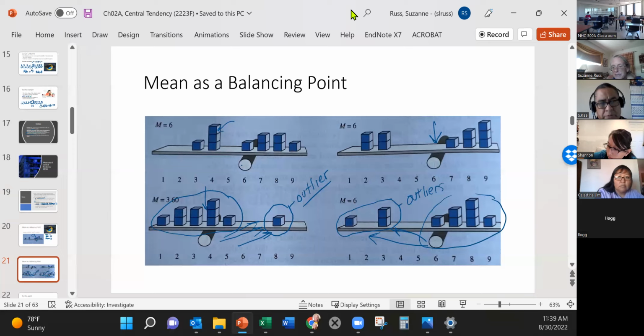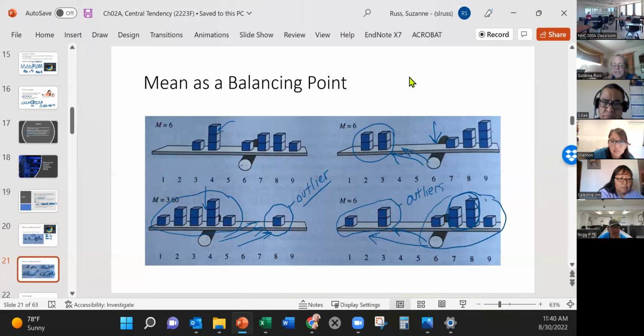But here with three outliers, look how far it's pulling the mean. The mean doesn't even fall where most of the data is, right around here. Look at these, which might be considered outliers, and they're pulling that mean toward them. We're going to come back to this in a little while, because this is an important concept. So the mean is a really valuable indicator. It's the most commonly used in statistics, but it can have some problems.